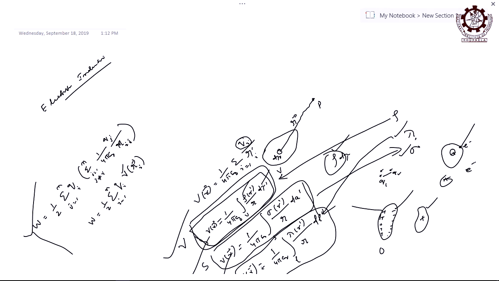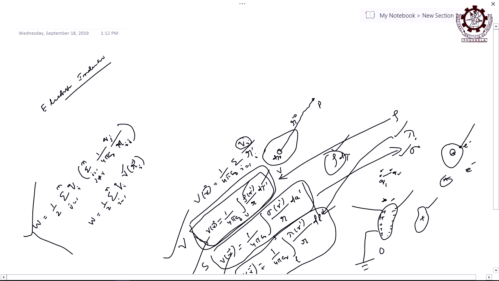So, when they are separated, if you want to get this body negatively charged, then you bring a positive charged body, so that the positive charge will come to this side and the negative charge will come to the other side. The attractive force is there with the negative charge and the repulsive force is there with the positive side. Then if I connect it to earth, what will happen?